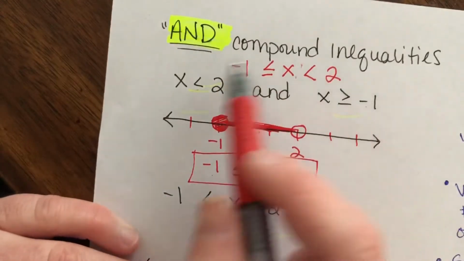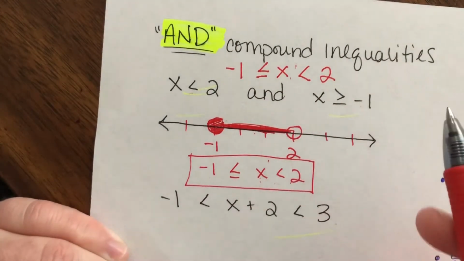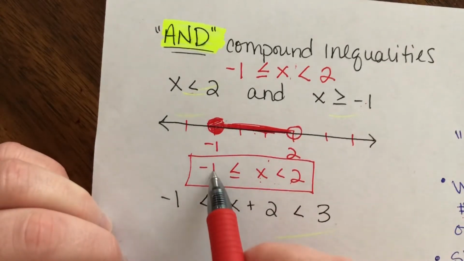Up here, they didn't do that, right? Which is fine. This is still the answer. There's no math to do here, but it's just not finished, right? Well, we're going to write the final answer. We're going to put this -1 over here and this 2 over here because smallest is on the left, biggest